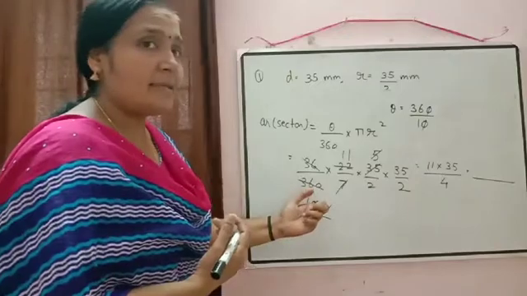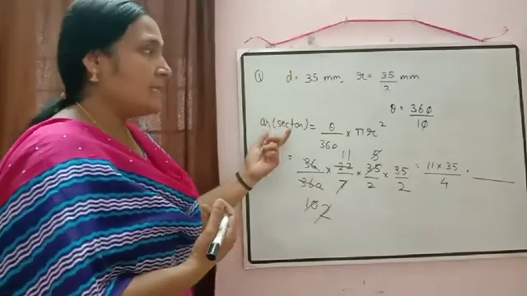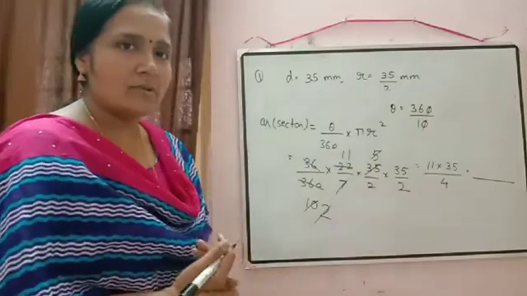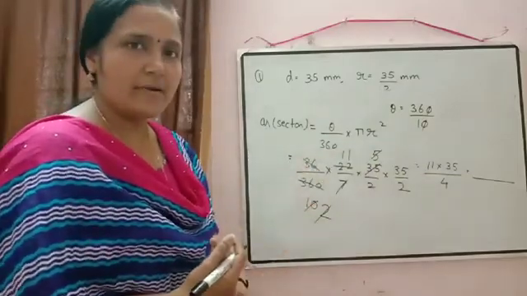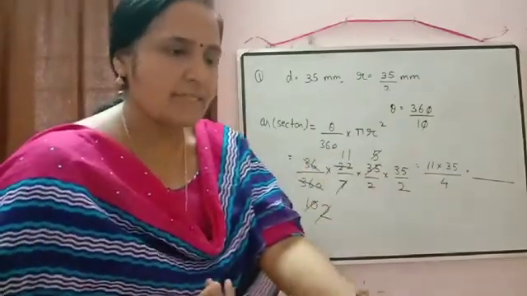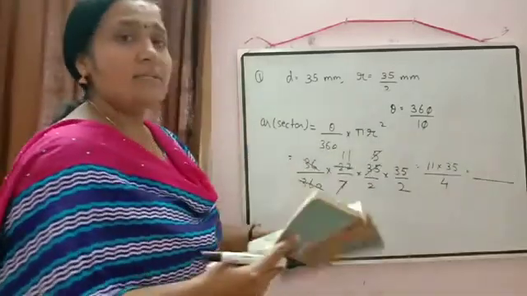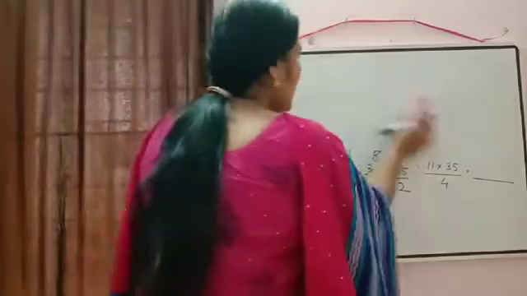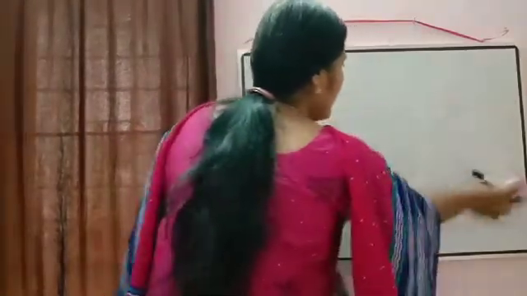What will be the unit there? We are calculating the area. So unit will be equal to millimeter square. So I hope this question is clear to you. Okay. Now we will check the next question. You just check your textbook. Questions are there and diagrams are also there in your textbook.